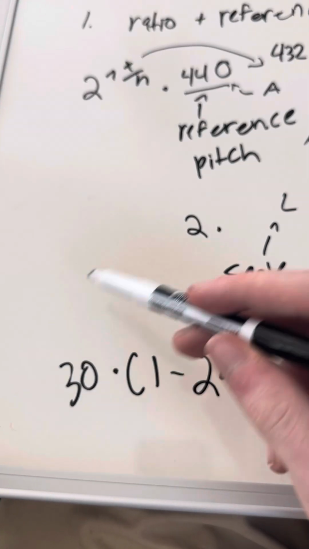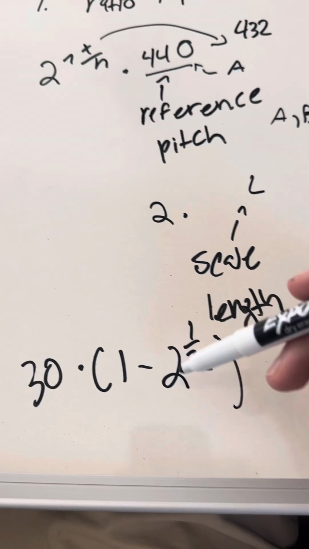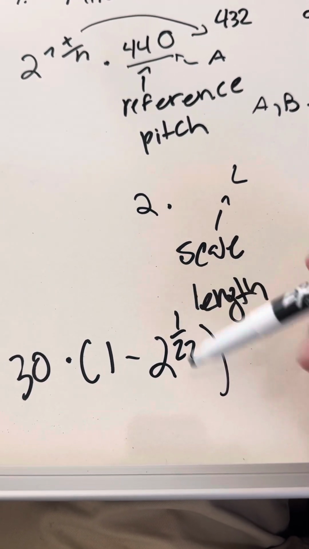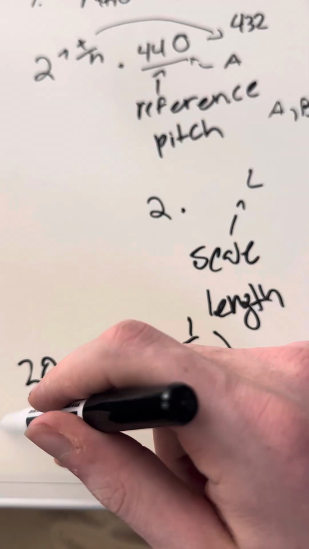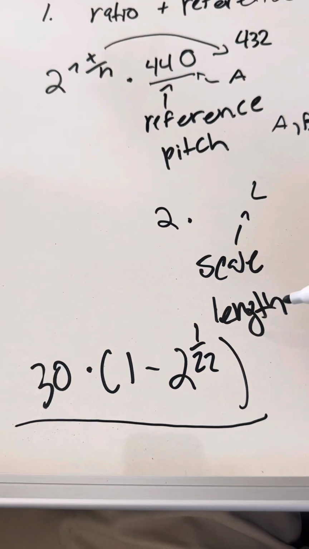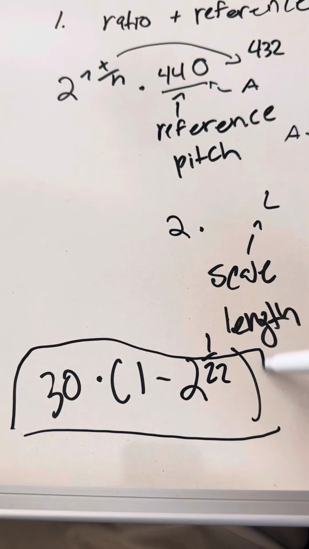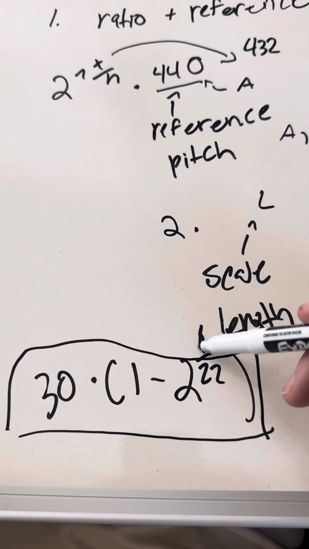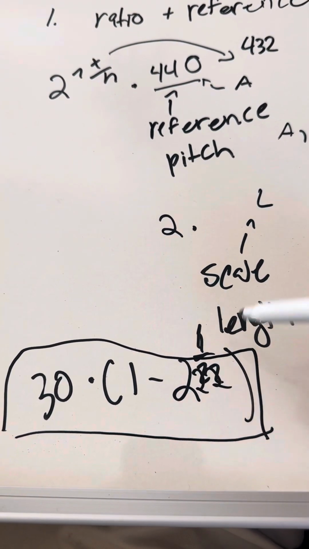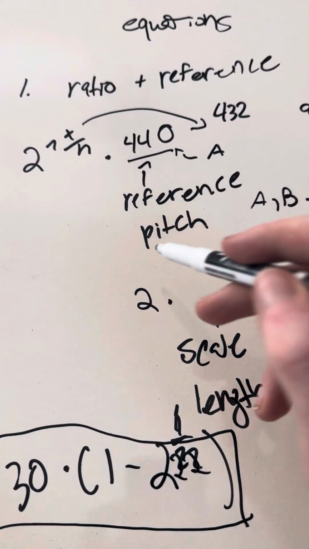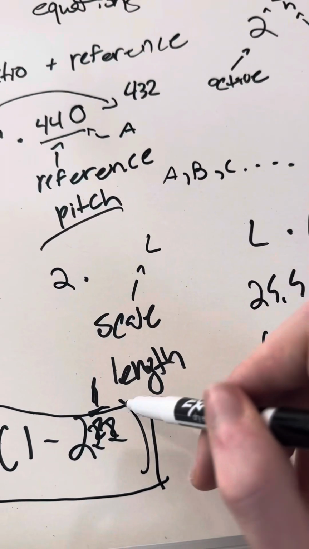This would not only increase your guitar scale length, but then also increase the number of notes in your scale too. And this is going to give you all the measurements for your frets and all that. And we're building, sorry for that horrible box. You know, it's basically, a lot of it's just going to have to do with either reference pitch or scale length